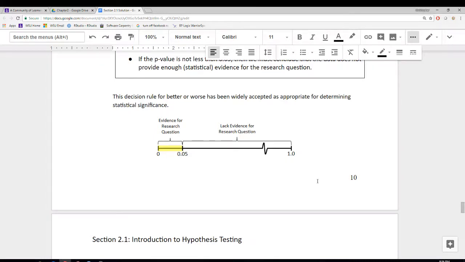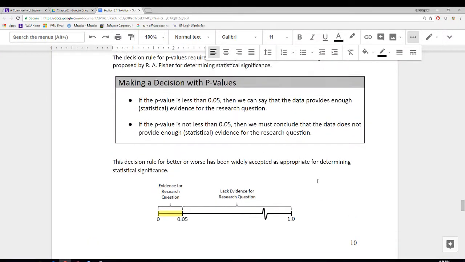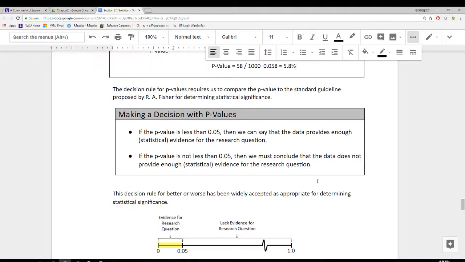Let's just take a minute to talk about the decision rule. This decision rule is very strict. If the p-value is less than 0.05, then we say we have enough evidence. So if the p-value was 0.0499, we would have enough evidence. However, if the p-value was 0.051, technically a statistician would say we do not have enough evidence. So we use that 0.05 threshold pretty strictly,